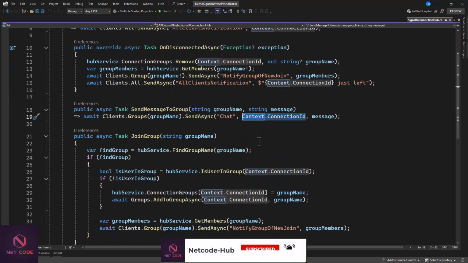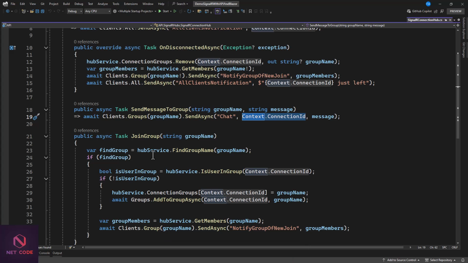Join group, that is where we want to join. Before we join that, we want to find out if the group that the user wants to join exists, because the user has to provide a group name. So search and verify if the group exists. So line 23 is going to set that. In case it does exist, then we're going to check if the user is already in another group. So we find it from the hub service, and in case it isn't, then we want to assign the ID